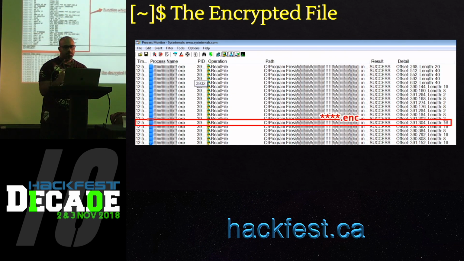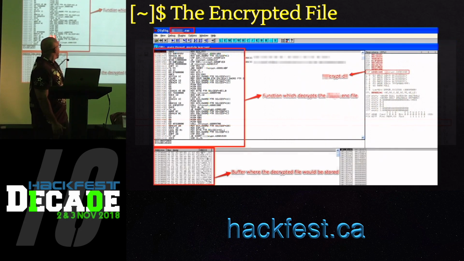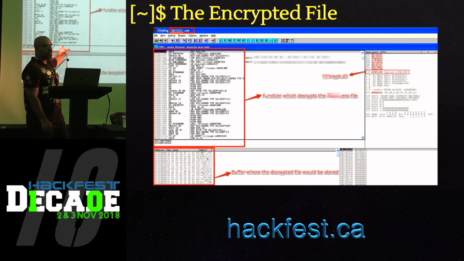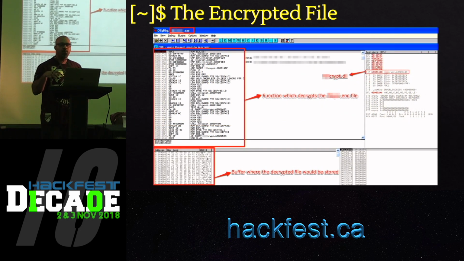Because I'm a wannabe reverse engineer, I thought this is my chance to start doing some reverse engineering. So I loaded up a system-level debugger on the operating system, started reverse engineering the logic of the particular application. I was doing both static and dynamic reverse engineering. On the left side is the piece of assembly which is responsible for loading the file in memory and decrypting the content.